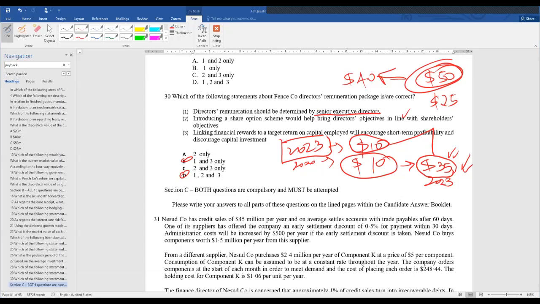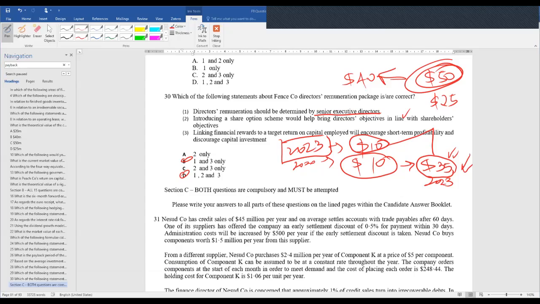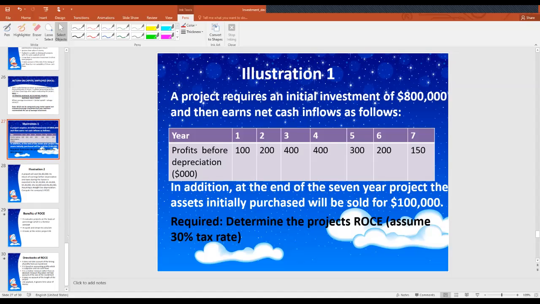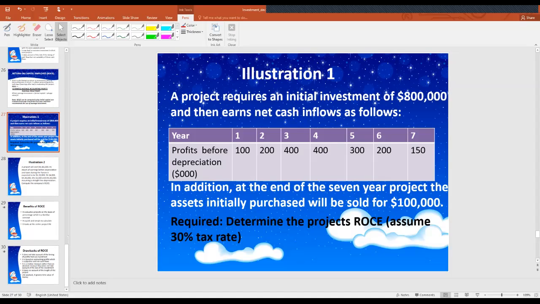The next appraisal method is the use of the discounted cash flow techniques. Okay, the discounted cash flow techniques. I don't think I want to start off, but just to